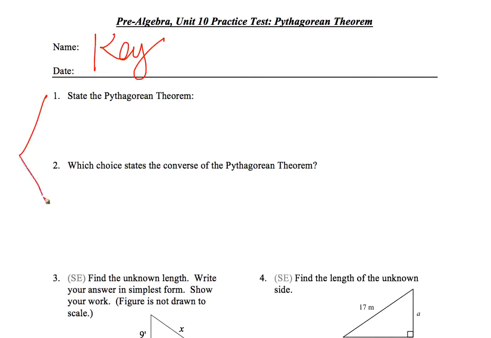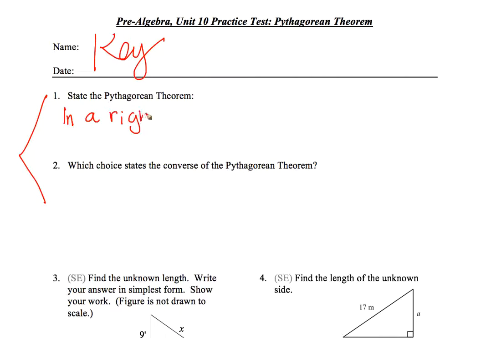Now these two need to be very specific. We're very precise with our words, so definitely copy down what I have here. If you have any variation, it can't be too much different. I know online there are a couple different things you might see, so I'll be reasonable. But what we're looking for is stating the Pythagorean theorem